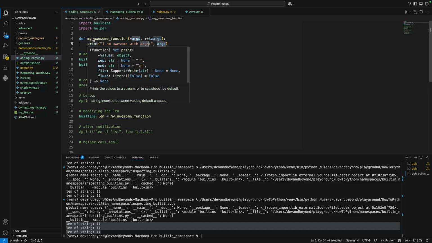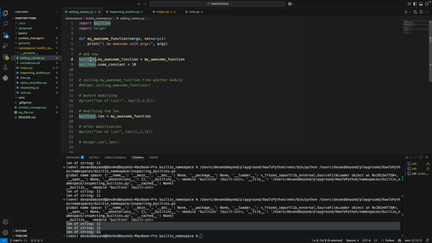And now to add anything in the built-in namespace, we import this builtins module, and then we just add a new attribute, basically a new name, to this module. And this is the value of that name. So it can be a function, it can be a constant, it can be anything you want basically. So once we have done this, we have successfully added two names to the builtins module. One is this myAwesomeFunction. This name points to this actual function which prints some message, and another name is some constant which points to an integer object. Because this is added in the built-in namespace, we can actually access this from any other module